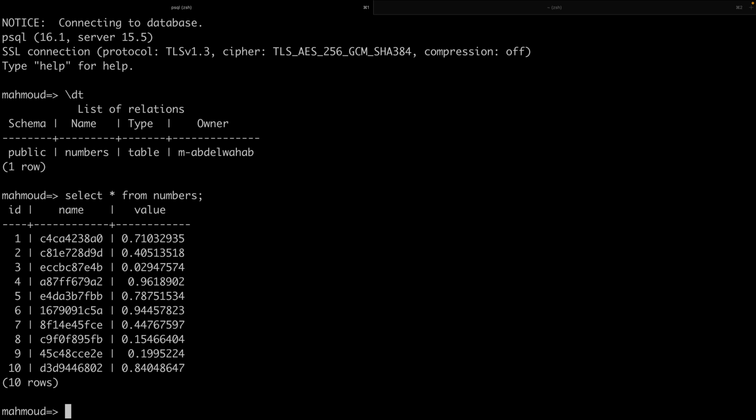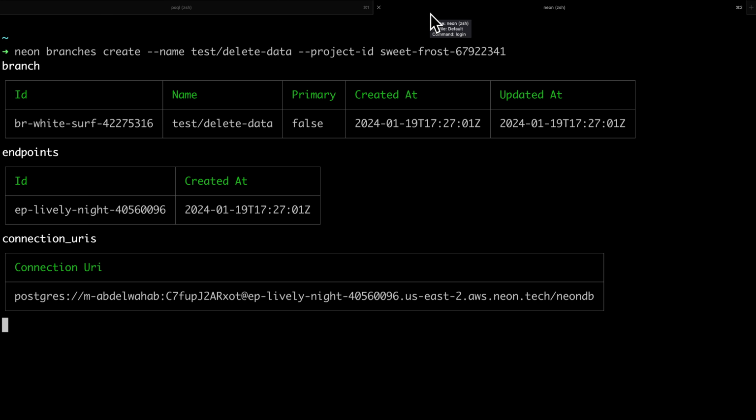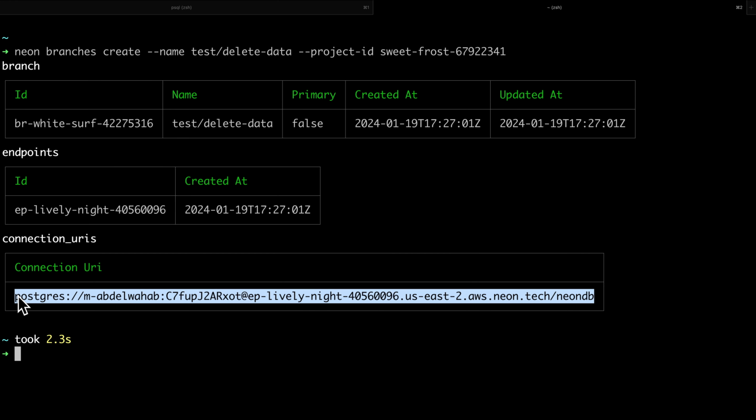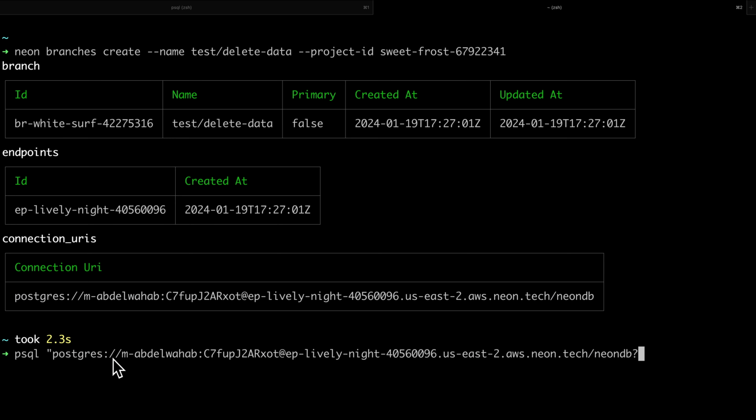And what we want is to create a new branch which will include this database as well as all of its data. To do that, in a new tab, I'll run neon branches create, and I'll give my branch a name. I'll call it test/delete data, and I need to pass a project ID, so you can find this value in your Neon project settings. So now we have a new branch and we have a connection string we can use, so I can simply copy this and do psql and run this, and I need to append sslmode=require,